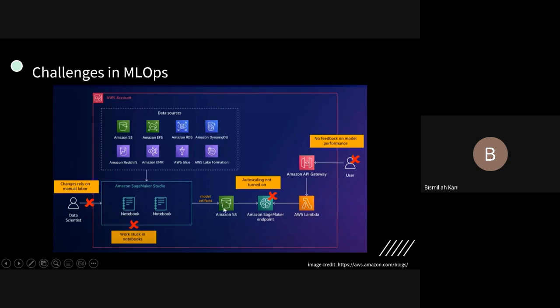Then a better way to make it to production is you take this model and create an Amazon SageMaker endpoint, right? So you expose your machine learning model through a SageMaker endpoint. Now this SageMaker endpoint can then be exposed to the customer through API Gateway, and then the Lambda acts as a proxy between your customer's API request and your endpoint. Okay, this is how even I started to create my machine learning